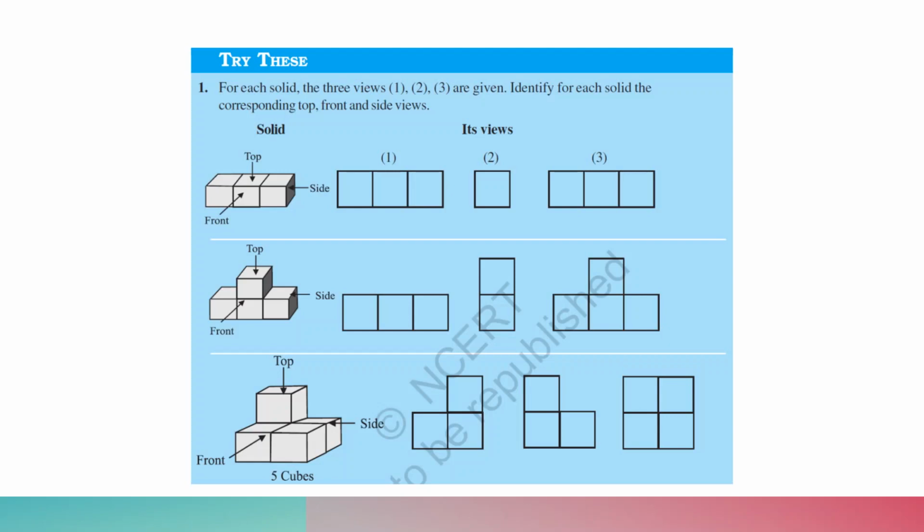In part 1, you can see 3 squares joined together, which can be considered its front view. As you can see, for the solid from the front, it shows 3 squares. In fact, this can also be called its top view, because the front view and the top view for this solid remain the same. The second part is what you can see from the side. If you view it, you will be able to see just one square. So the second one is its side view and the third one is its top view.